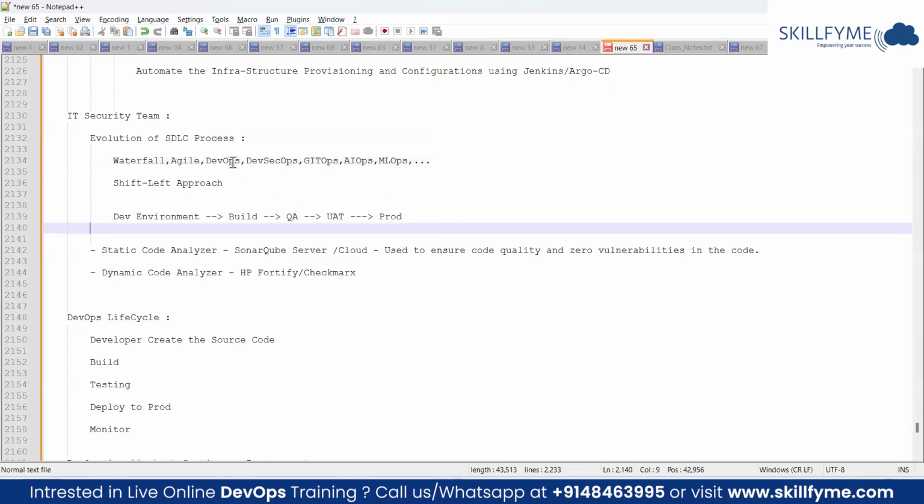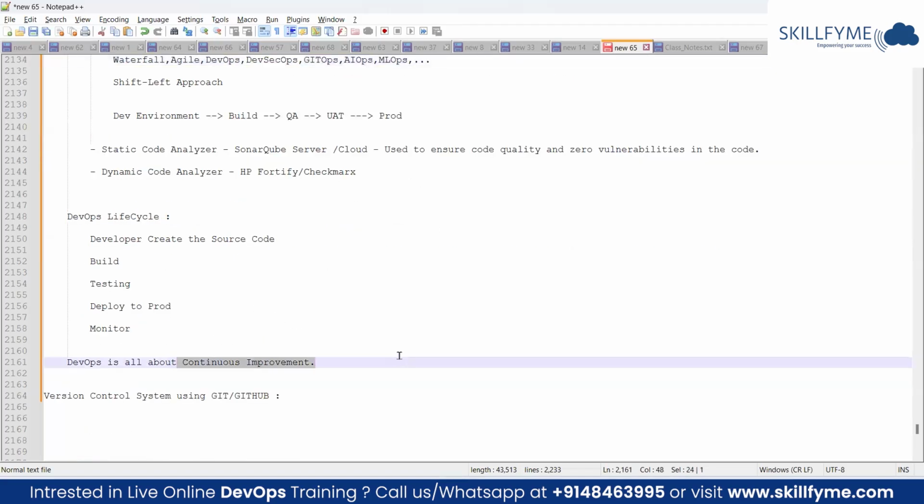Let's say today you implement DevOps for one customer. Assume that you took around 2 years to implement DevOps for that customer. It doesn't mean that you're done with your work. You can recommend the customer to move towards DevSecOps. And once DevSecOps is implemented, we can implement GitOps, AIOps. Like that, it is a process change, right? Towards continuous improvement, we have to take it further.